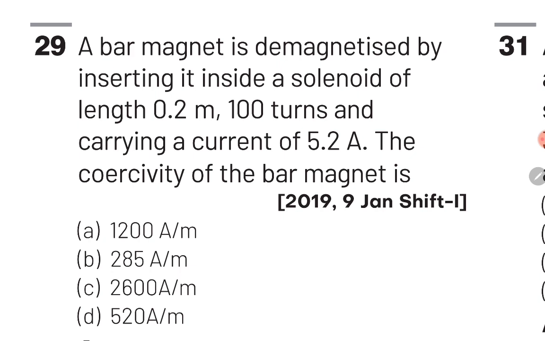Guys, here we are doing this with the help of a solenoid, and inside a solenoid, the magnetic field is given by mu naught Ni, where n is the number of turns per unit length. So guys, with the help of this magnetic field mu naught Ni, we will make the magnetization in the material equal to 0. So we will have to substitute mu naught Ni equal to mu naught H, where H is the value of coercivity so that the magnetization of the material becomes equal to 0. So the simple equation for this question is mu naught Ni is equal to mu naught H, and by solving this we'll obtain the value of H, which will be our final answer. Let's observe this in the solution in the next slide.